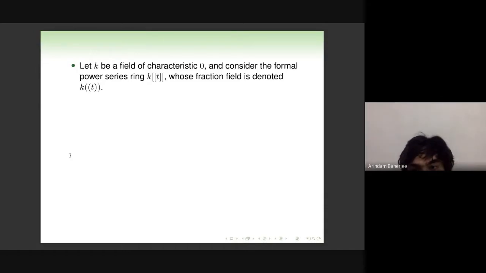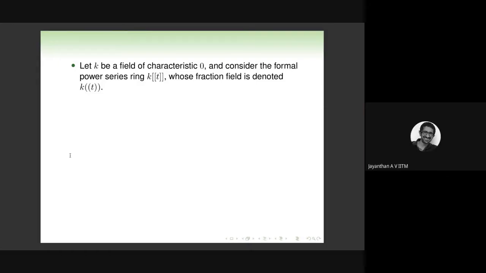Let K be a field of characteristic 0 and consider the formal power series ring K[[T]] in one variable, whose field of fractions is denoted by K((T)). By the way, this is the field of Laurent series. So this power series ring is essentially a